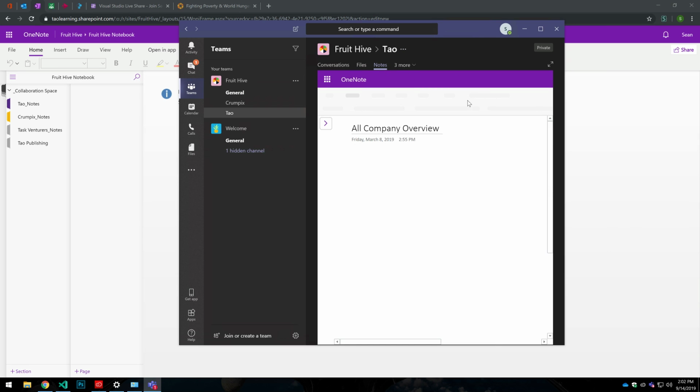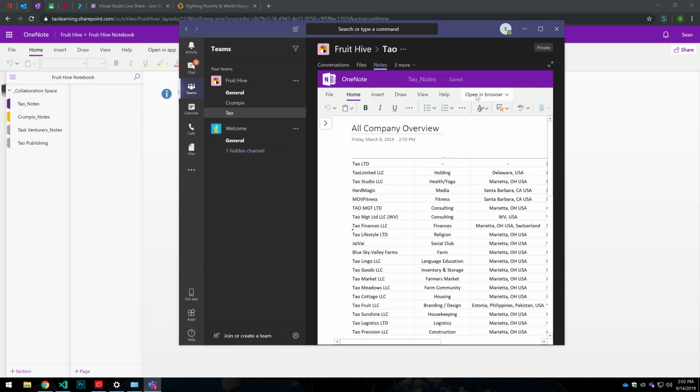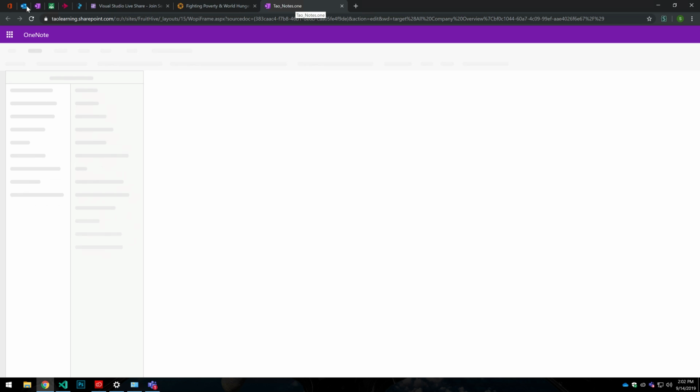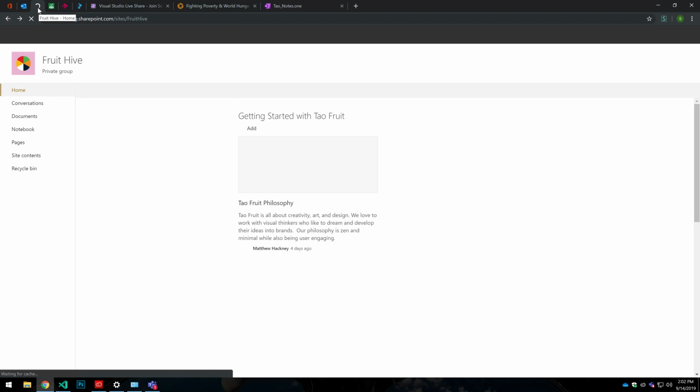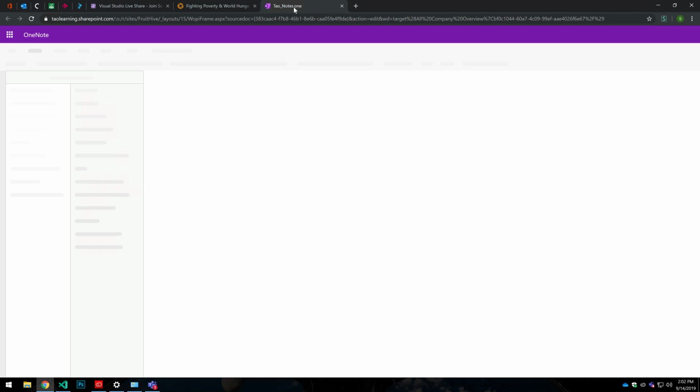So there's a button in here that says open in browser, and it'll open up its own tab just for that. So I'm going to take this tab where we have OneNote open and take it back to SharePoint, because I don't want to lose my SharePoint tab. And then I'm going to take my Notes tab,